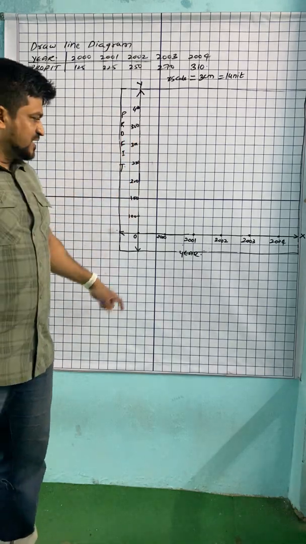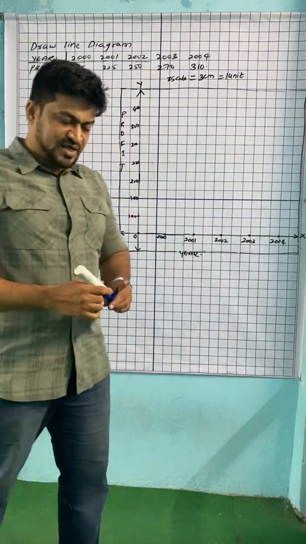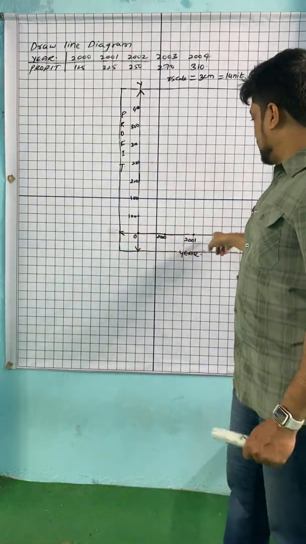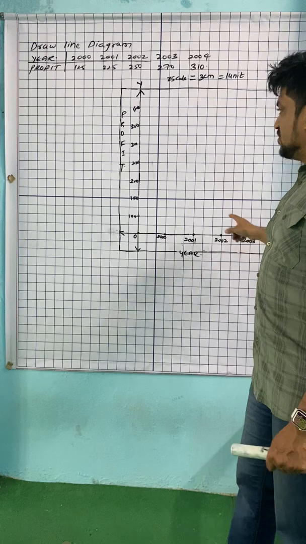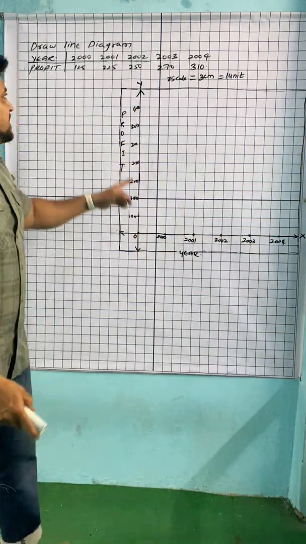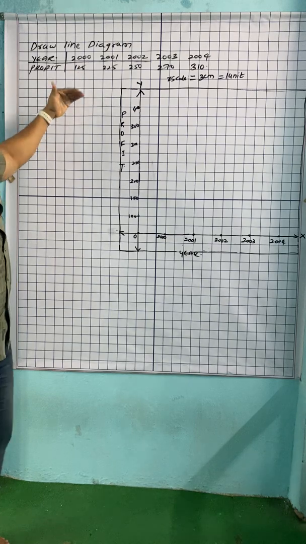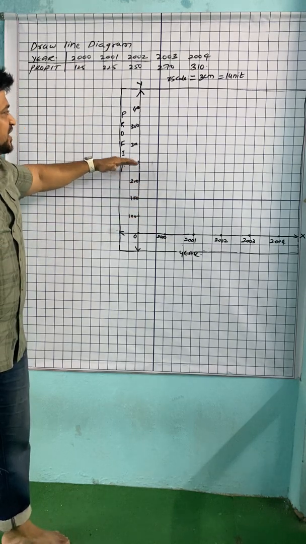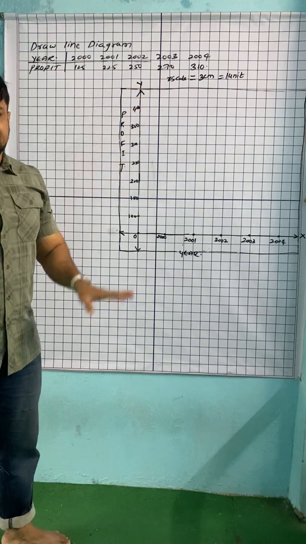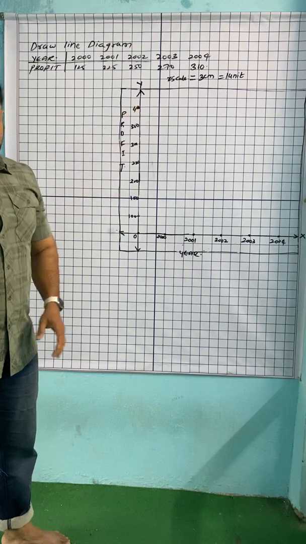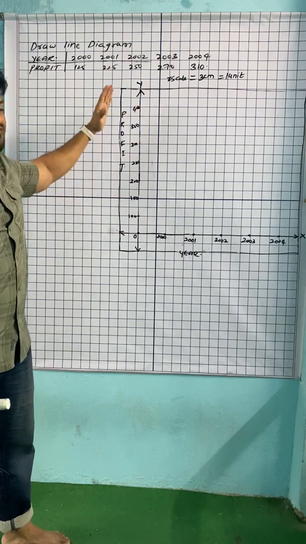So from where I have taken this, on the X scale the intersection is 0. On the X scale we have taken years, on the Y scale we have taken values. How to take Y scale values? See, the least value is 125, you can start from 100 or 120, your wish. And check, if we take a 20 difference or 30 difference, can we cover 310 or not? You can check in that way and write down the values.